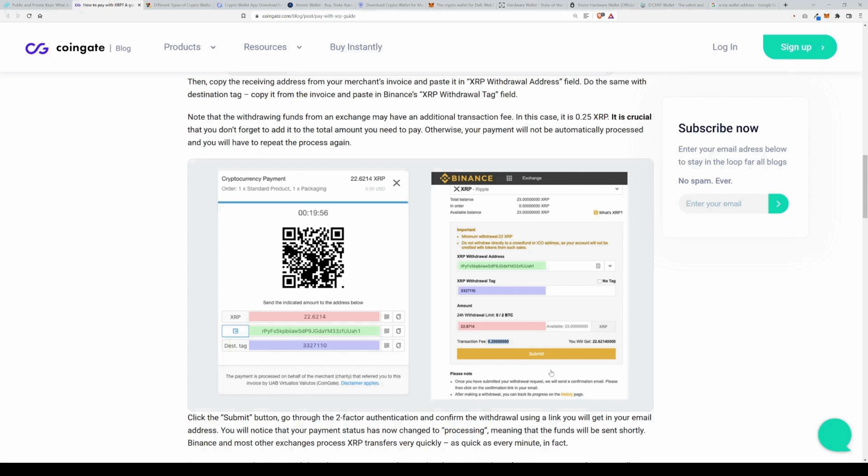But let's say you've used the Binance exchange to purchase your XRP. Well, now you're going to use the same method to withdraw that XRP to your own individual wallet. And your wallet is going to generate for you one of these public keys, one of these kinds of addresses. And then it's going to utilize a private key to validate the address, but you're going to put that in there. A lot of times your own personal wallets are not even going to need a withdrawal tag, and you're going to put in the amount and withdraw it from the Binance exchange to your own wallet where you can custody your own digital assets.